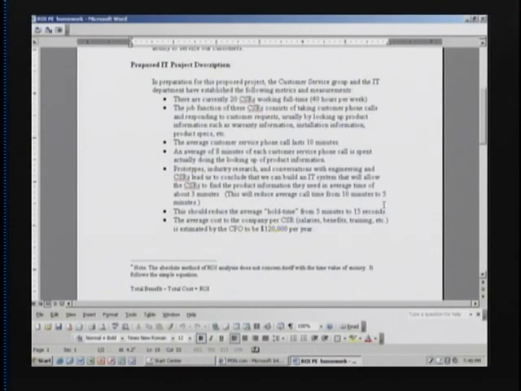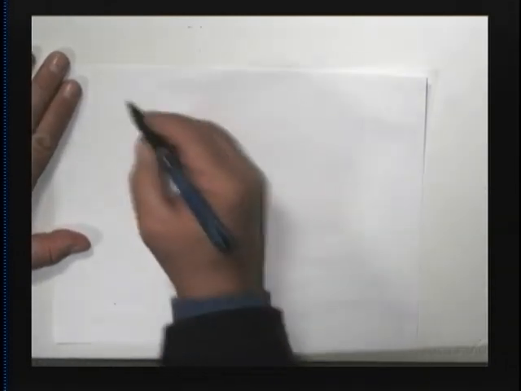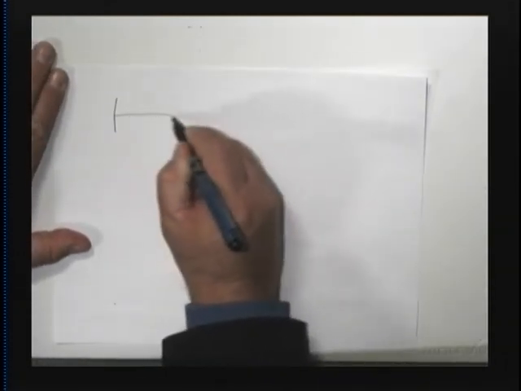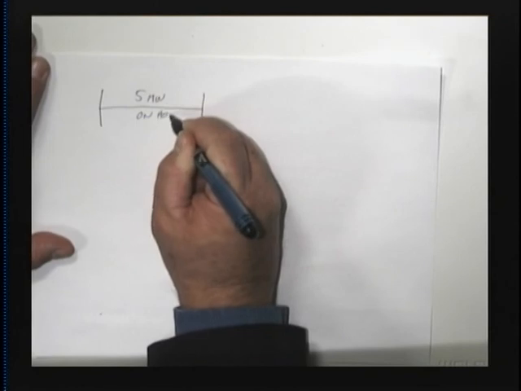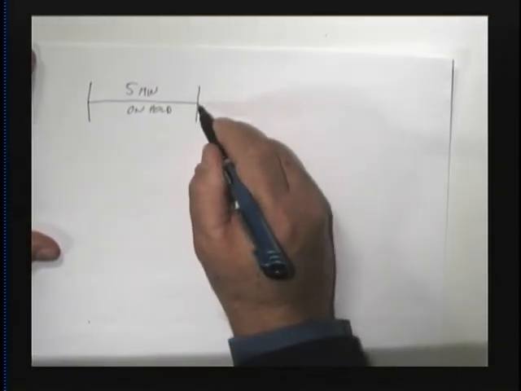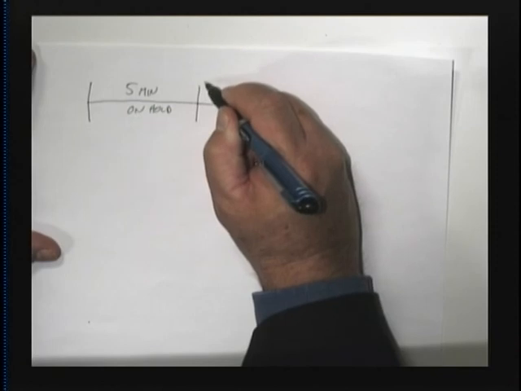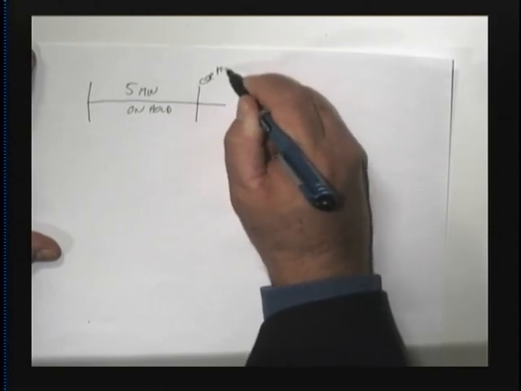So let's ask the question, how does this make our hold time problem go away? Well, let me just show you a quick sketch of how that happens. Some of you probably already have this picture in your head, but I have learned from past experience that drawing this picture helps. As far as the customer is concerned, he's spending 5 minutes on hold. Okay, and then he's getting on the phone with the CSR. Okay, the CSR picks up the phone